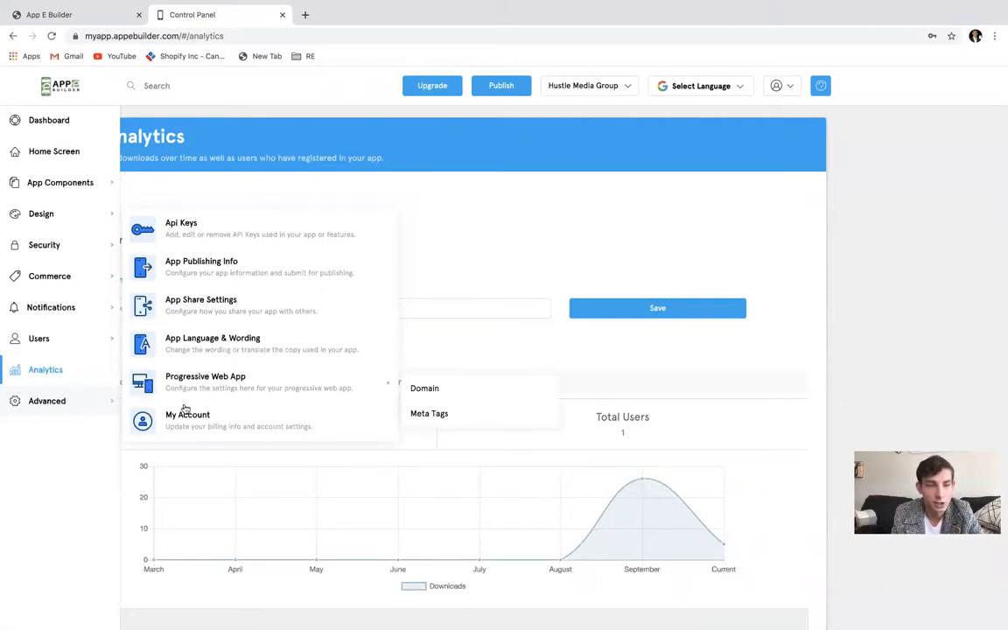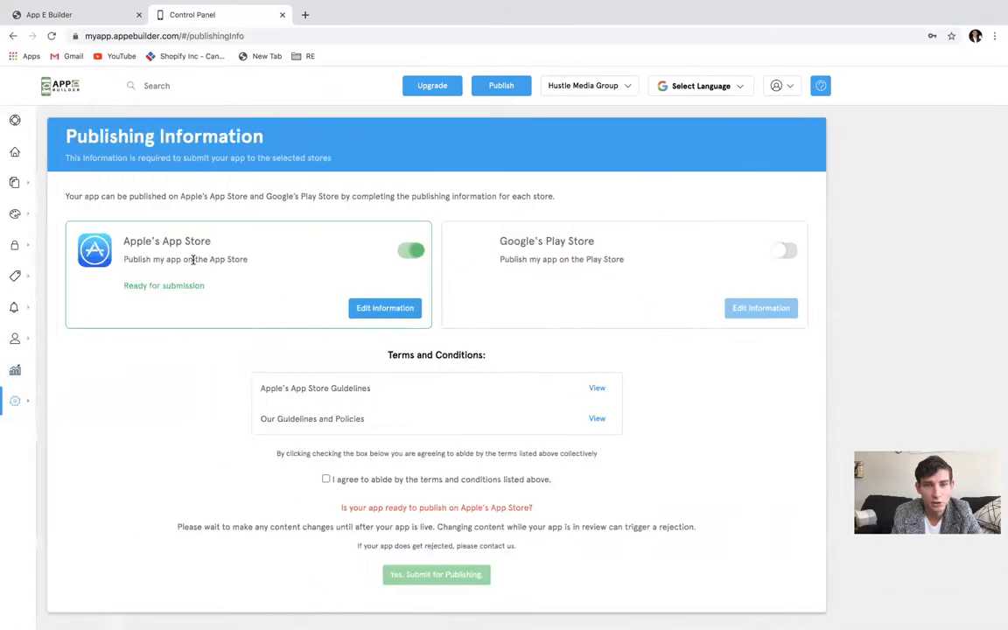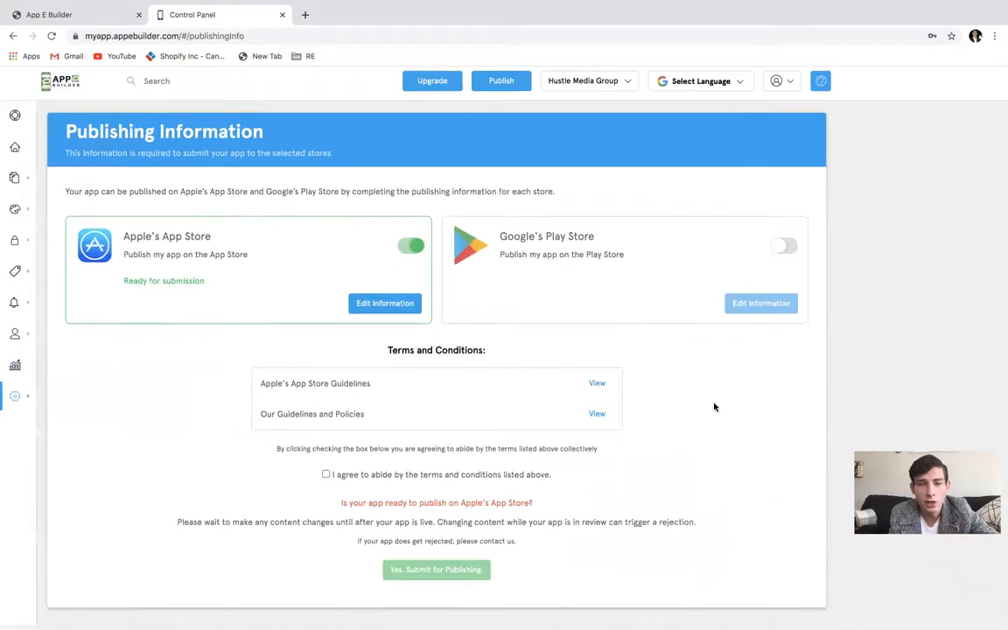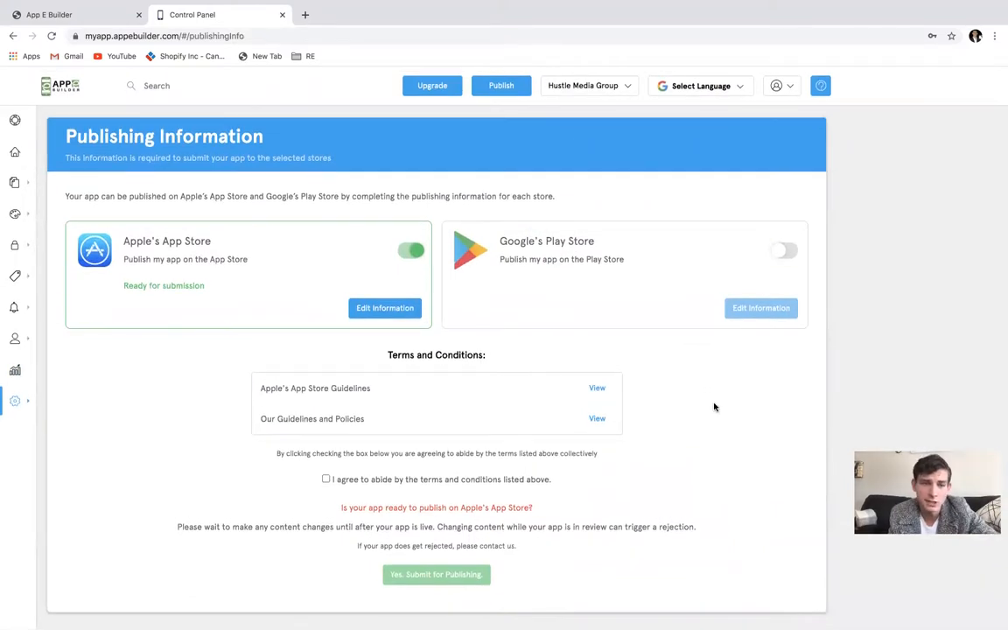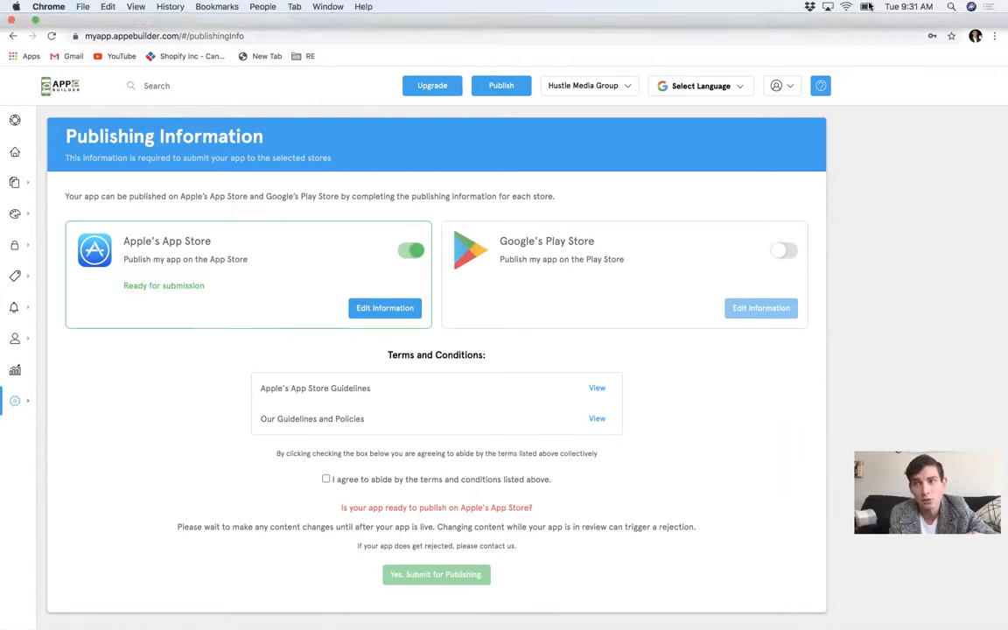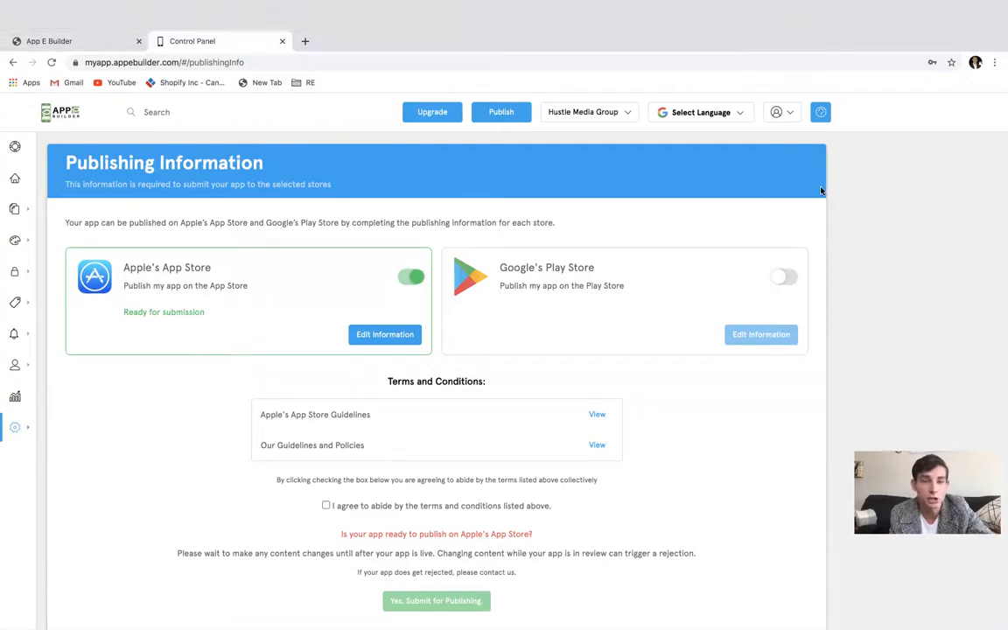So advanced, this is basically just your account. And then the only thing that you would really need to worry about is just your app publishing information. So this right here is very, very easy and simple. And we just updated this, which makes it even more simple. But for us to be able to take your app and publish it for you, we actually need a little bit of information,